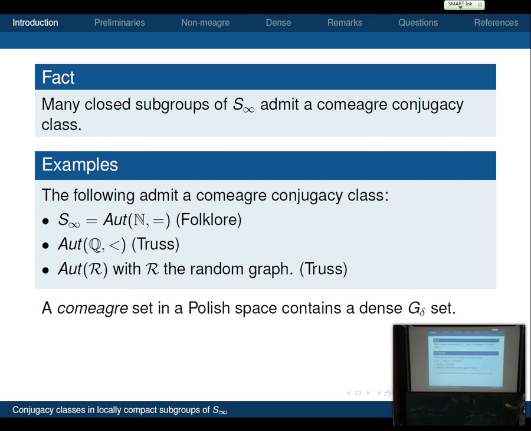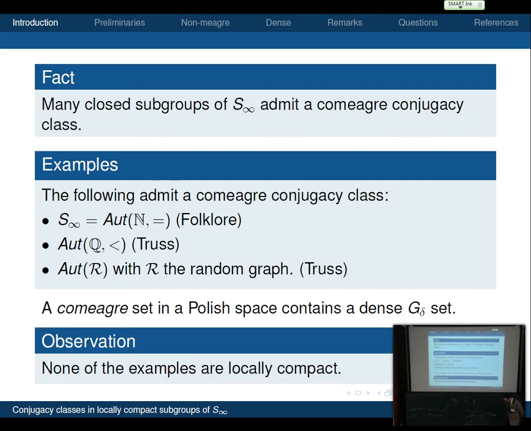So maybe I should remind you, a co-meagre set in a Polish space contains a dense G delta. So it's dense, but it's also very dense. It sort of fills up the whole space. And the observation that was made was that none of these examples are locally compact. And so this led